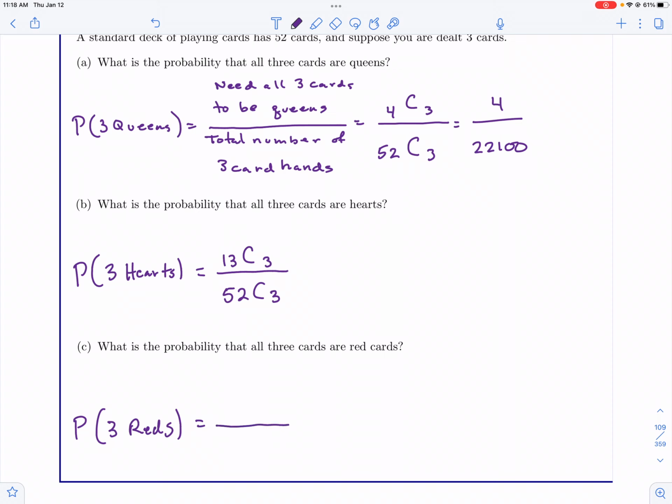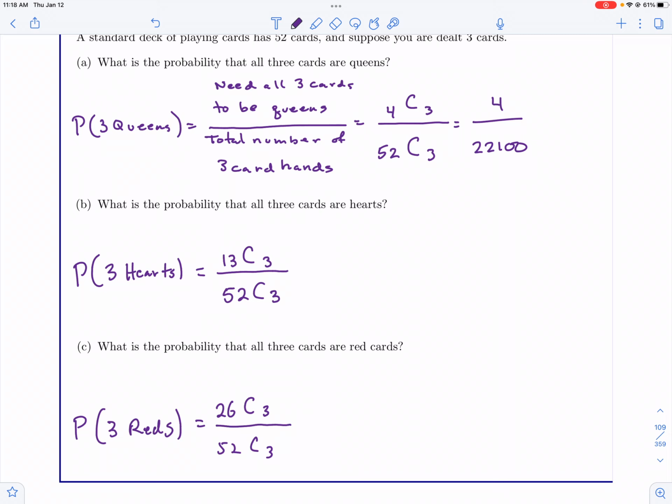So again, bottom number, exactly the same, 52C3, because nothing's changed in the style of this problem. But now, since we want to have either hearts or diamonds as our red cards, now we have 26 possible red cards. And from there, we're again choosing 3. So we'll end up with our